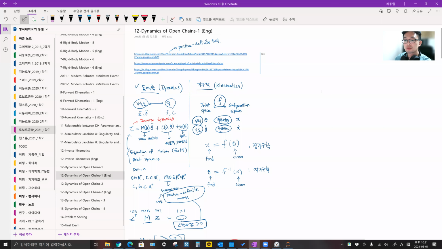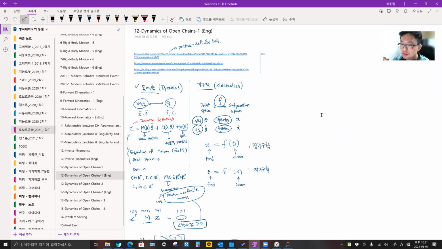And now we are learning about the dynamics of open chain robots. The dynamics is actually the most difficult part of our class. In my previous intelligent robotics class, which is the undergraduate class, we also